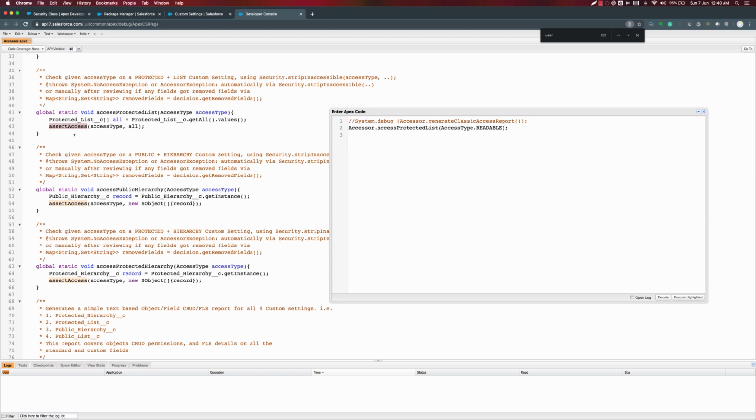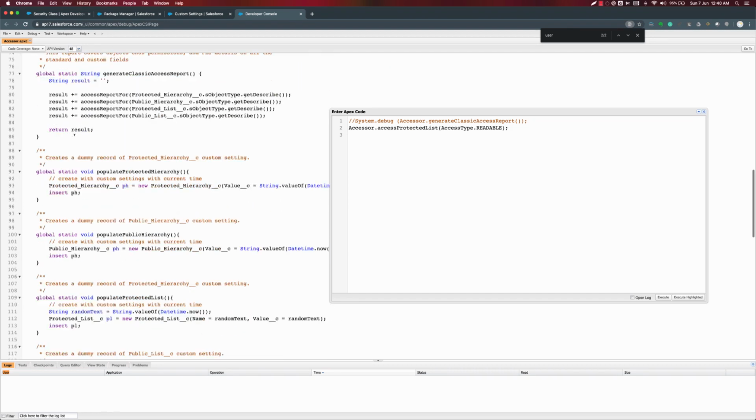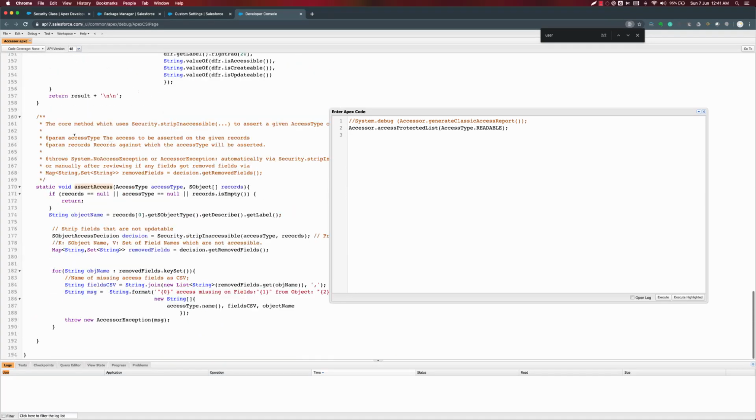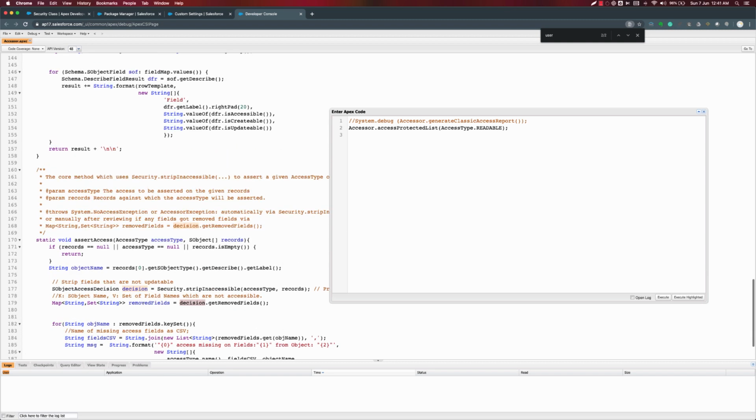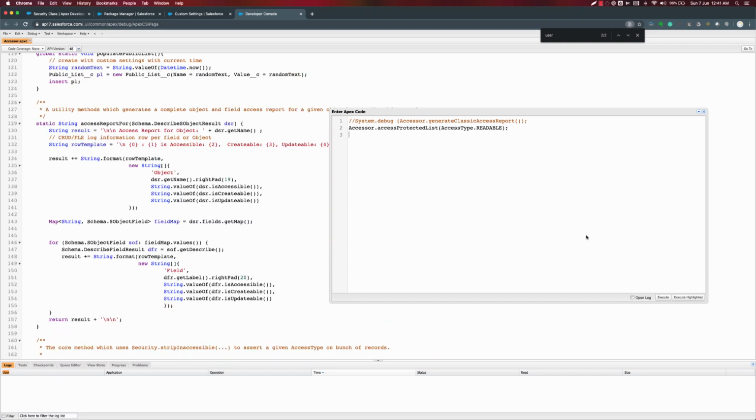So we are not checking any other behavior, we are just trying to shout out loud or throw an exception whenever there is a problem. The exception can come from here if the object access is missing, or it will be forcibly thrown if the field access is missing. So this is a manual check on the decision which comes out after strip inaccessible. And let's see what happens.